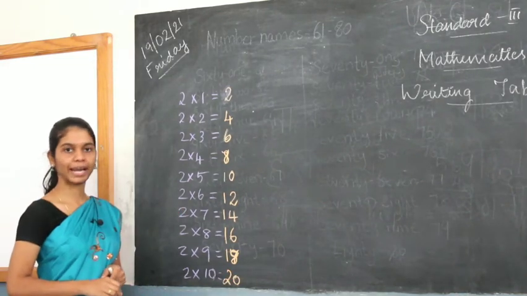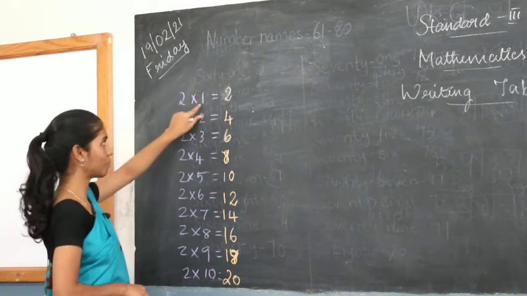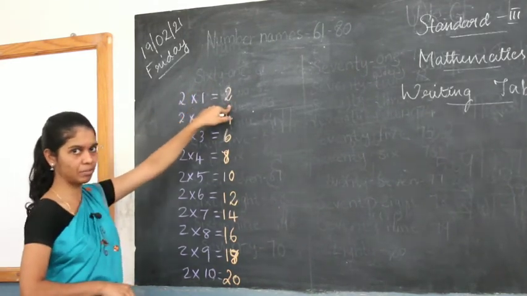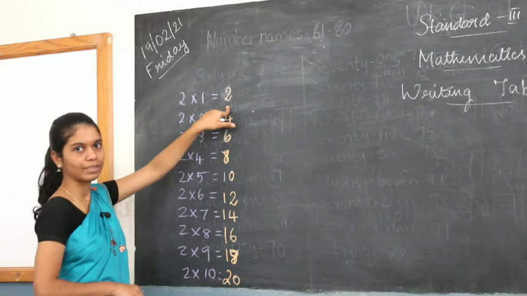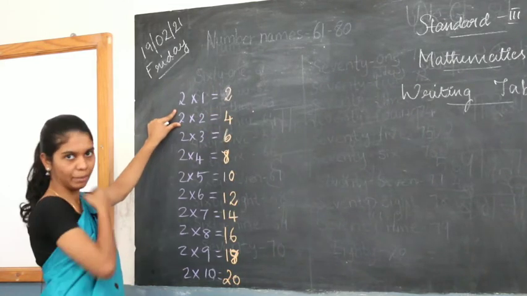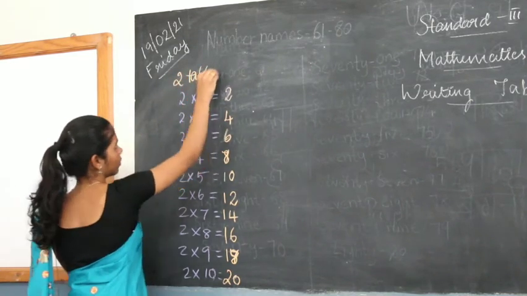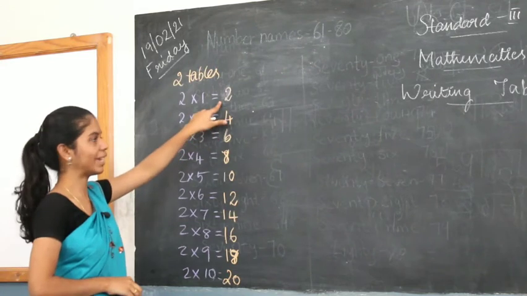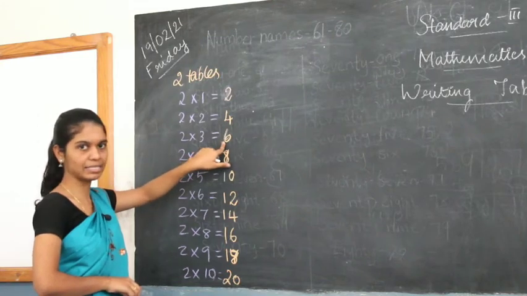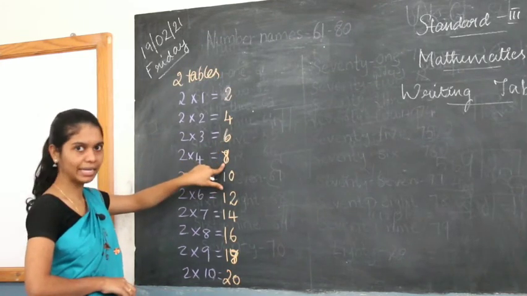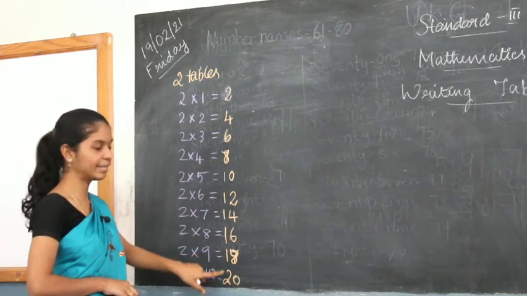So this is how you should write a table. Okay, what you do is, you get the number for the first one. Whenever you are multiplying 1 with any number, you will get the same number. Right? So you will write the same number. 2 ones are 2. Then after that, what table is it? 2 table. Right? So you should add 2 more to all the numbers to get the next value. When you added 2 to this number, you got 4. After that you added 2 more, you got 6. After that you added 2 more, you got 8. After that you added 2 more, you got 10. And then 12, 14, 16, 18 and 20.